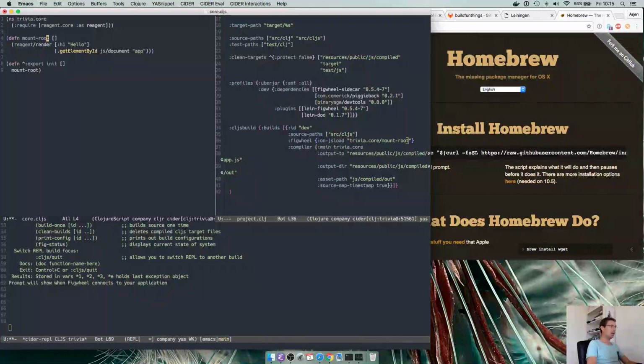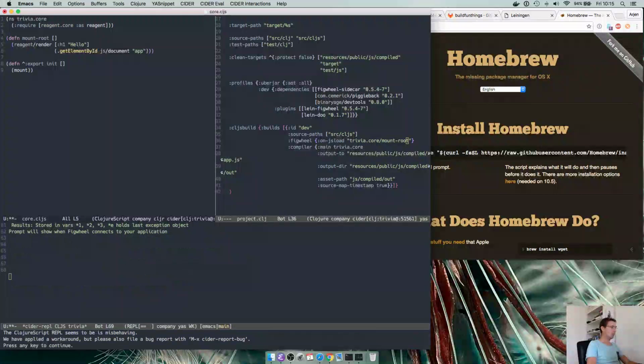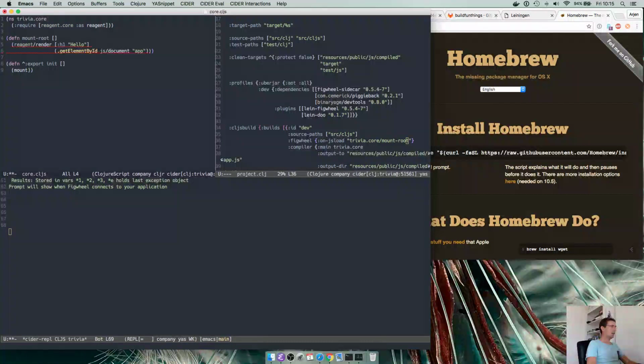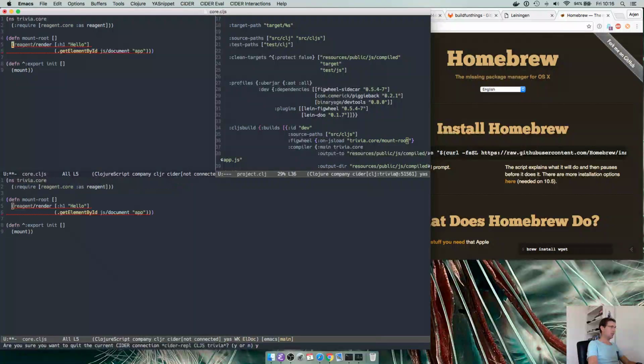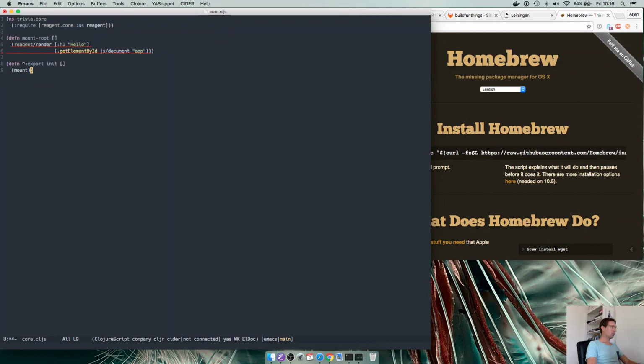Let's see, and this init function we will call from our... it's not this. Ooh, I see what's going on. Since we started the cider REPLs from an empty project, it is getting confused. So I killed everything now, because it did the hot loading, but the Figwheel session could not connect, so it's running and running and running, and the REPL hangs from that. So we did that to ourselves, or I did it to myself, and we will just fix it by killing it. We just said that we need an index HTML,